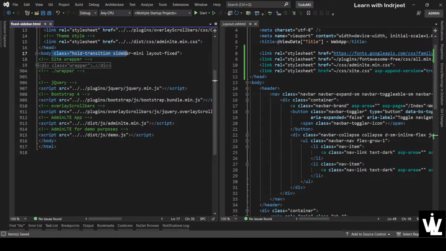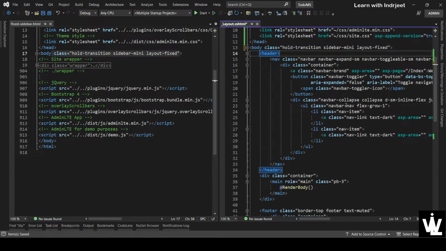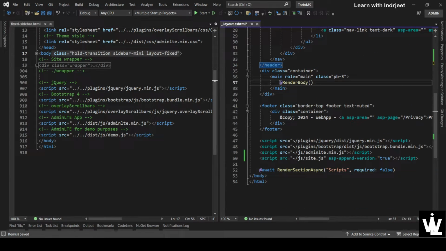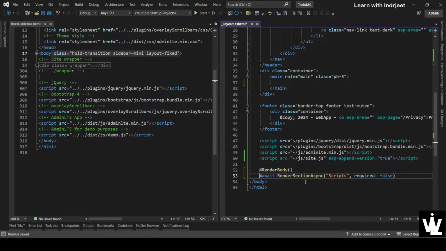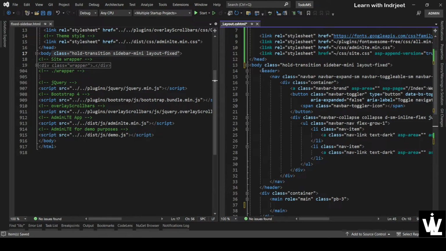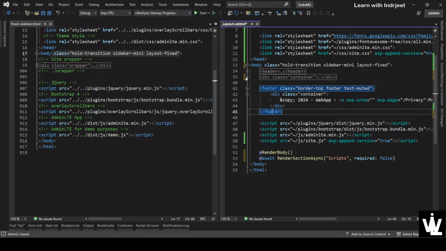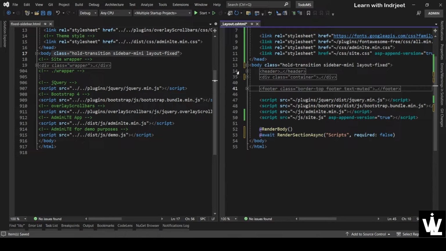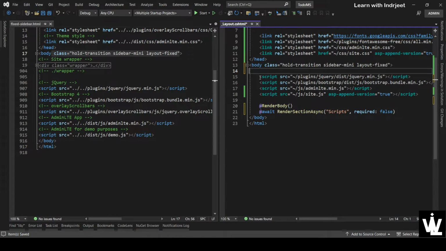So before that, body has some important classes to it. Paste those and let's save render body for later use, and let's delete everything that is there in the body, the header, the container and the footer. Okay, so delete,